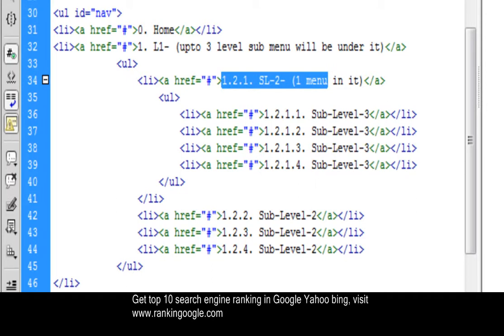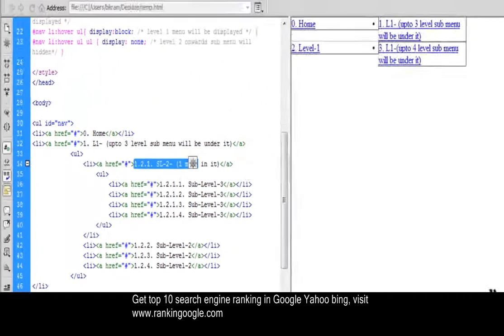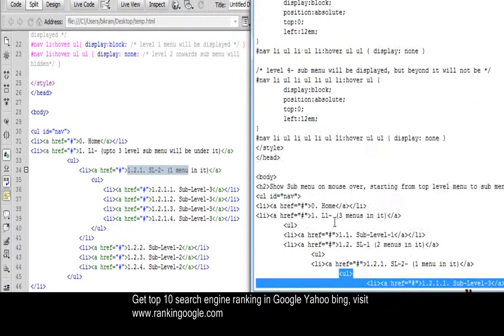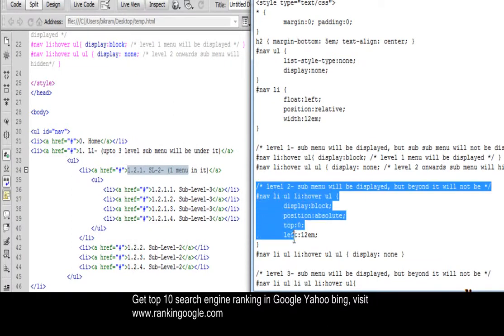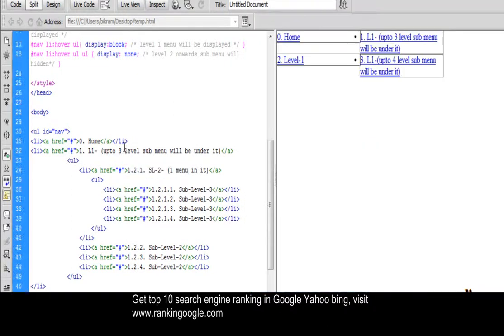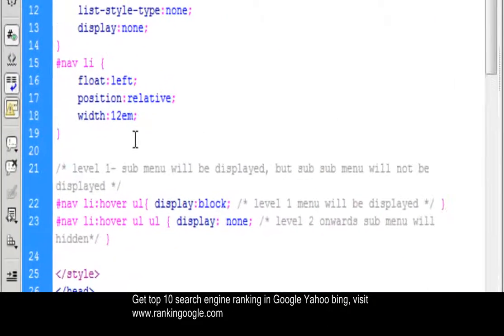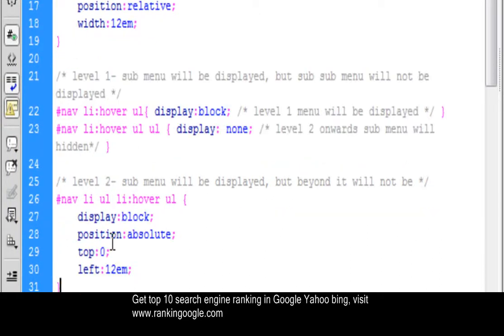So now I have to add some more style here. I have added this block, and the level 2 submenu will be here. This is the level 1 submenu, this is the level 2 submenu.